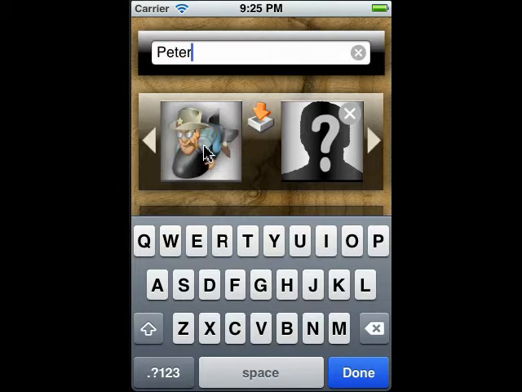We can select one of the avatar images, and we could select a real avatar image. This is usually added by importing it from your image gallery on your iPhone or iPod Touch, or it could be